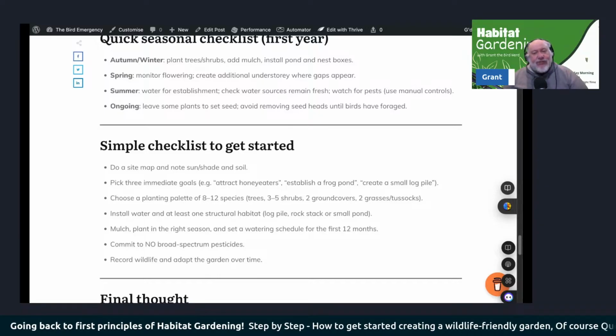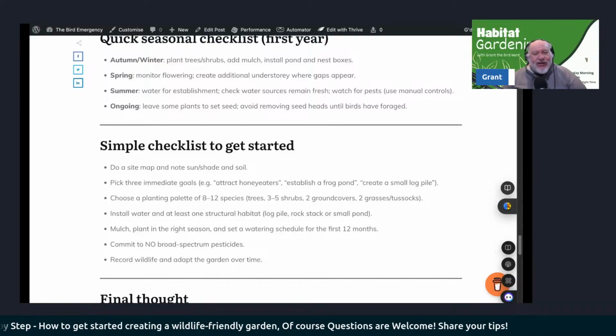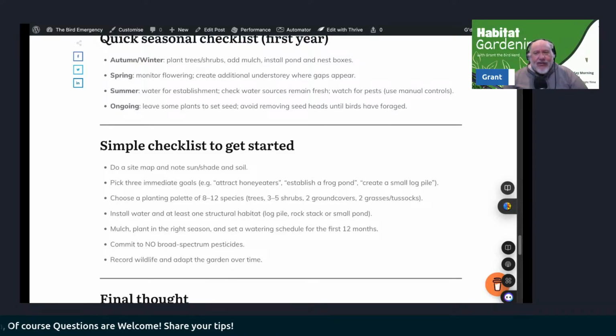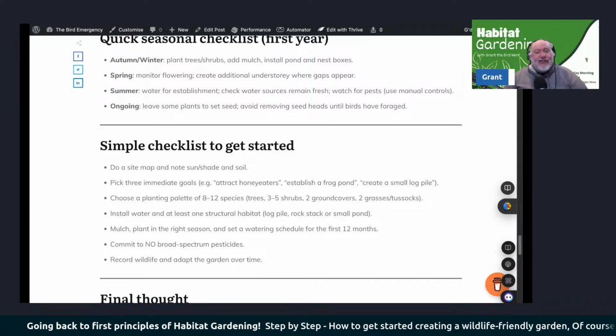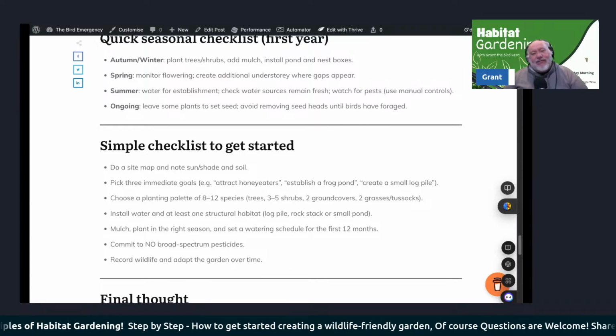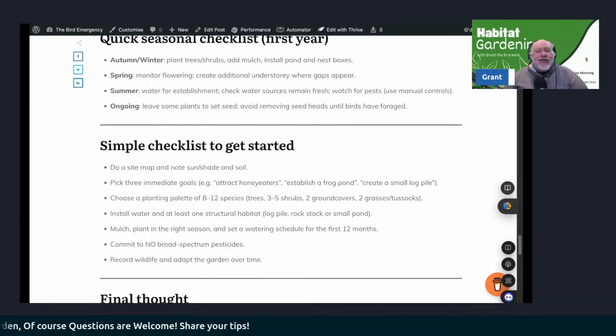I'm happy to work with people about watering schedules too and what the actual watering needs are. So many people overwater their gardens. And overwatering can be very expensive, and it can be detrimental to the survivability of your plants too when it comes to a serious drought. So let's think about applying the minimum amount of water right from day one,